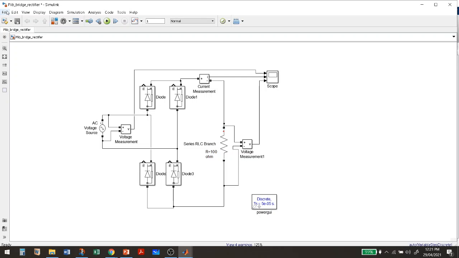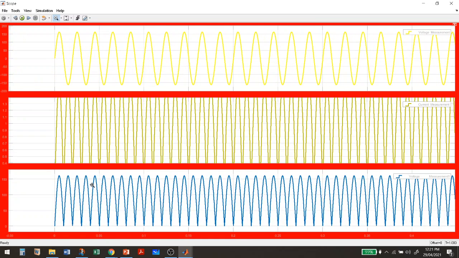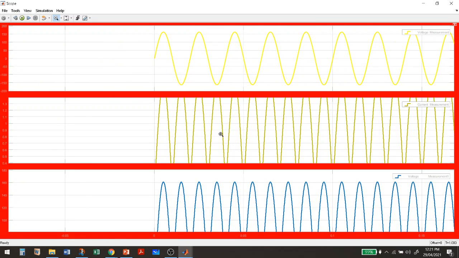So next, one more thing I wanted to tell you about this. You can see that this is converting your AC to DC. This is the meaning of rectifier. But if you see the output current and output voltage, you have to use a filter.